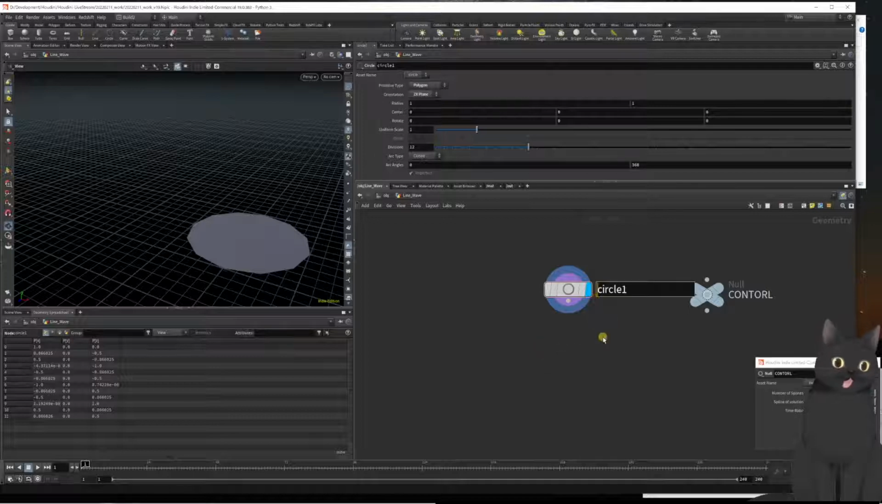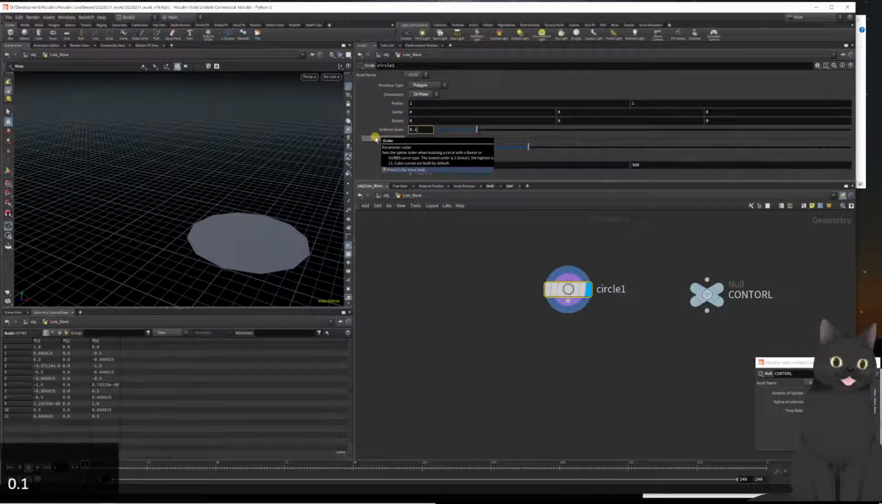So here, number of splines is basically divisions of the circle, and its primitive type is polygon, orientation Z, and I scaled it down. So then we drop a sort node, and here I want to sort the points in